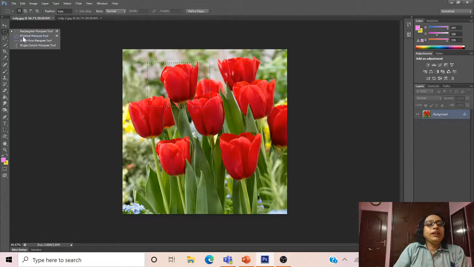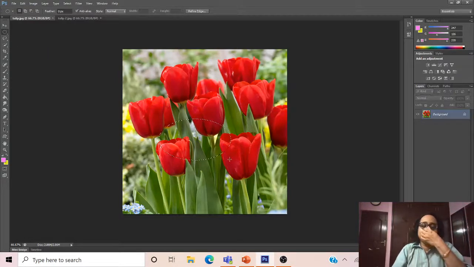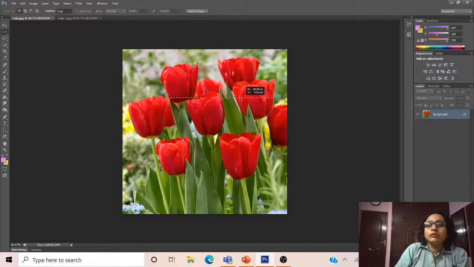Now if we take elliptical marquee tool, it will allow me elliptical selections. So wherever you want to select an object in elliptical form, you have to select it using this kind of tool. If you want to make a selection in a columnar manner, like this much selection you want to do, you will use a single column marquee tool, or for that reason you will take the single row marquee tool.